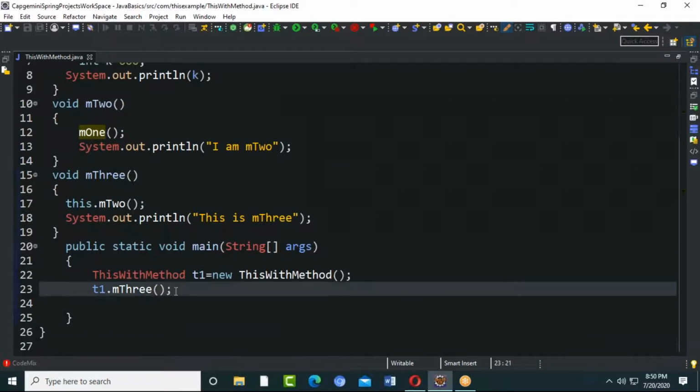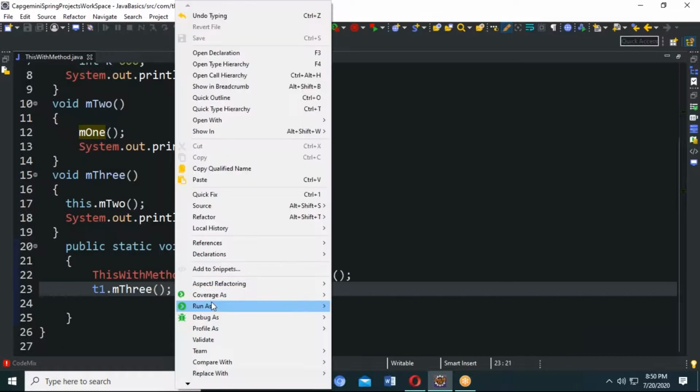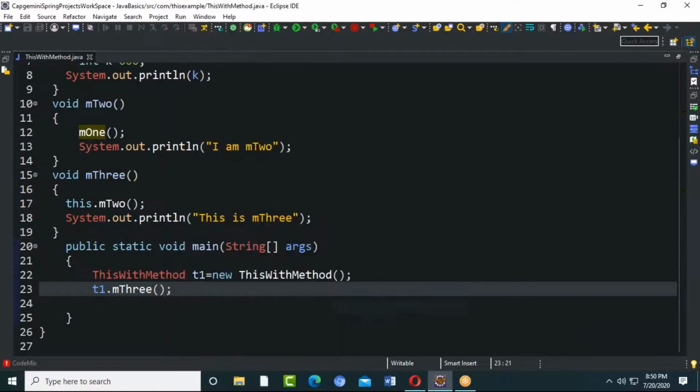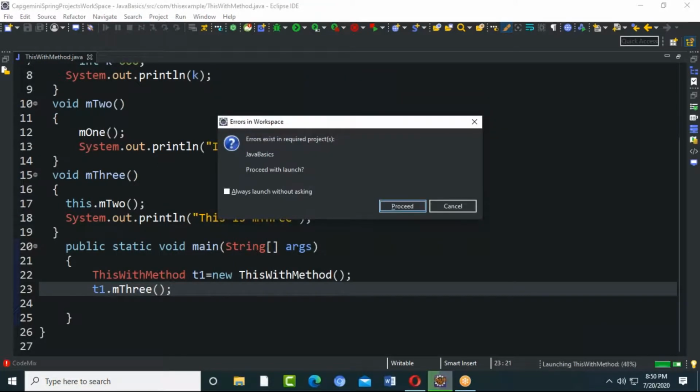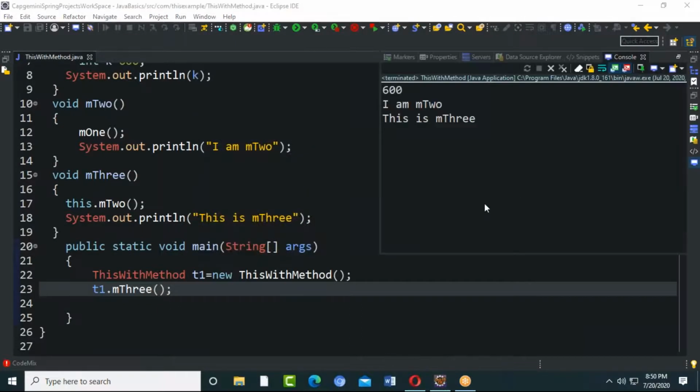Now I'm calling M3. I'm not calling any other methods. Now what will happen? Hello?